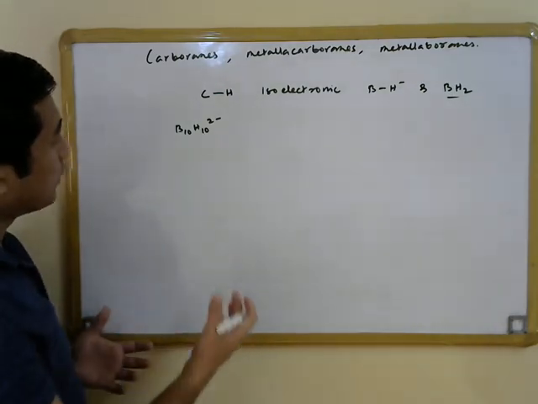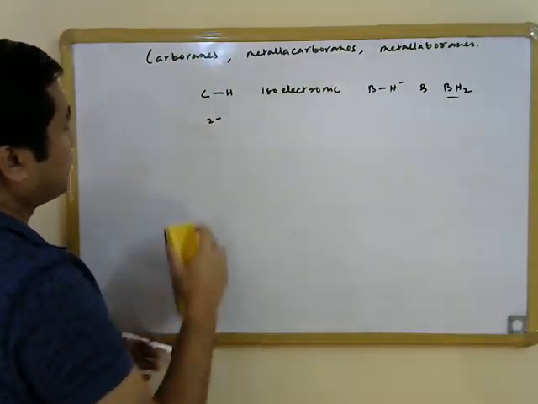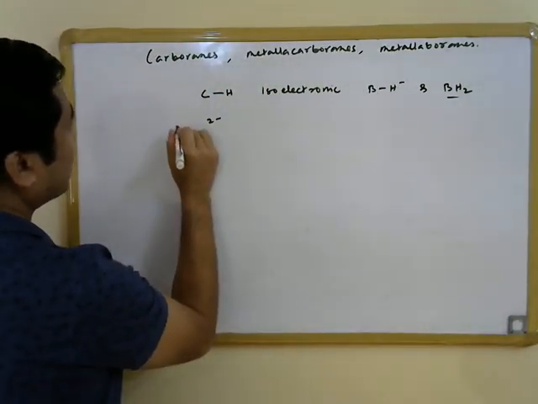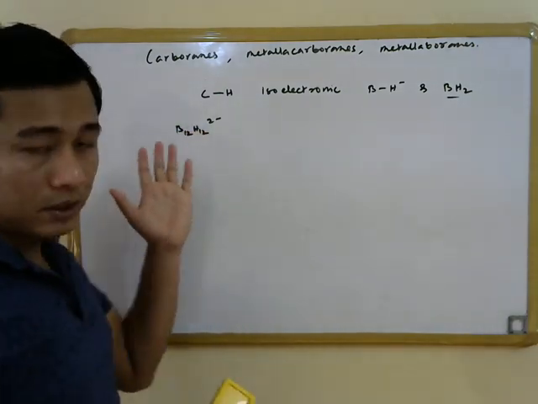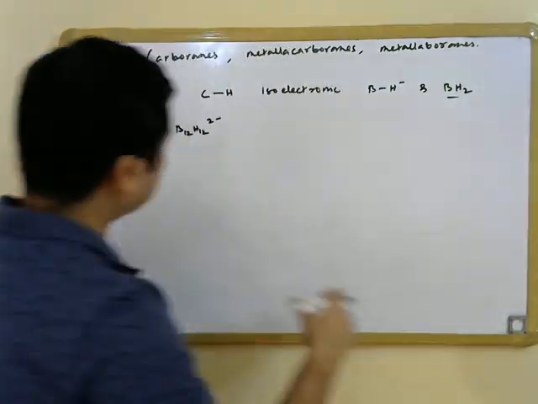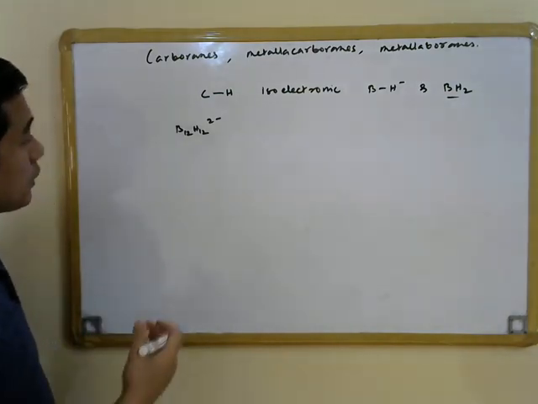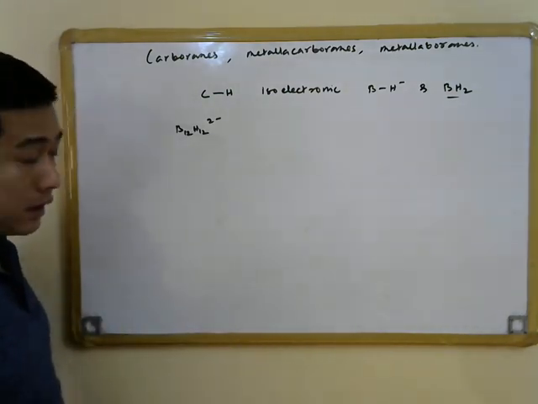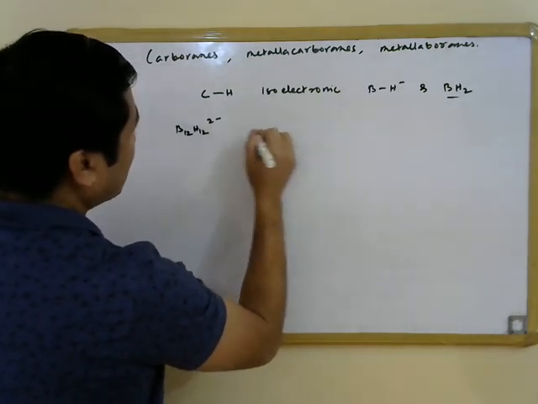a dodecahedral structure. So now this is B12H12 2 negative, which has 26 skeletal electrons and 13 skeletal electron pairs, and has a dodecahedral structure. And if we now replace two of the